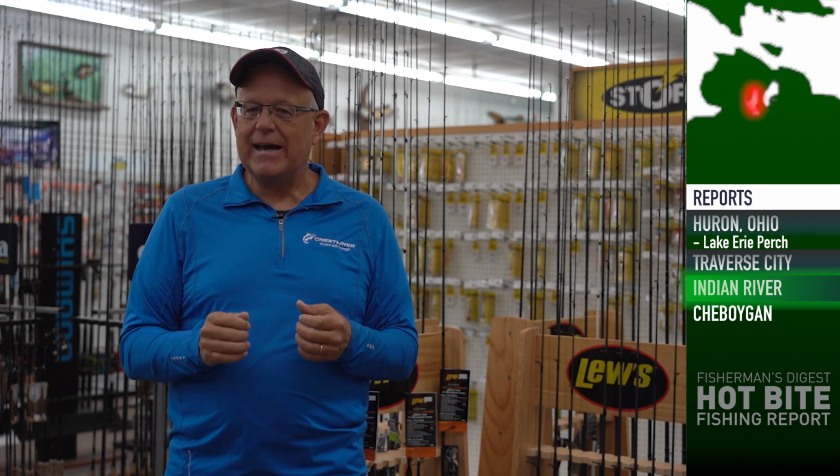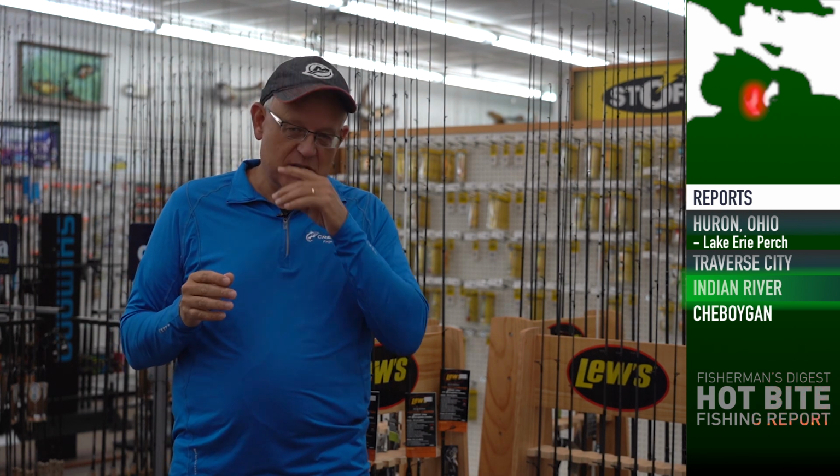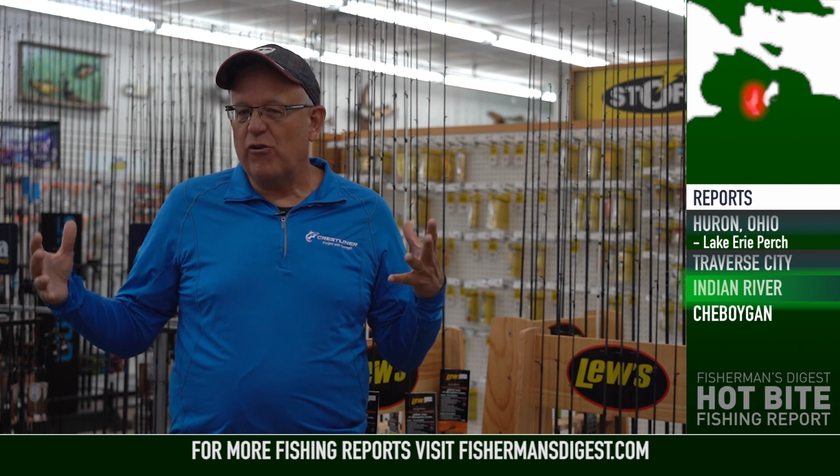Typically on Burt, the weeds stop at about 13 feet of water. So fishing that 10 to 15 feet of water just on the edges of those weed beds that are starting to die is going to be the best spot to encounter any perch or walleyes that are in that location and are on their way from the shallows to the deep. We're going to concentrate most of our conversation though on how to fish the fall in those